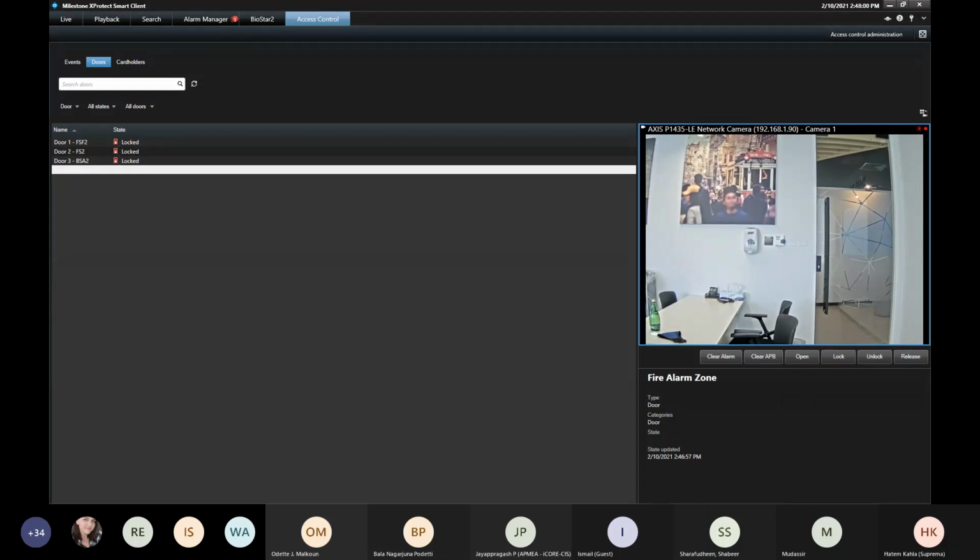However, now in Biostar 2, if you are going to have more than 5 doors, then you need to buy a license which will open for you to add more doors in Biostar 2, as well as the same number inside Milestone door license only. So you'll buy 1 license inside Biostar 2, for example, Advanced, which will open for you up to 100 doors,